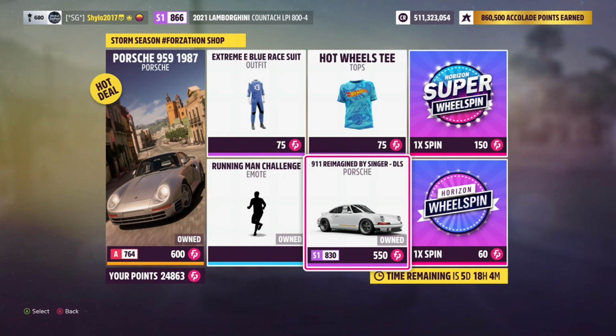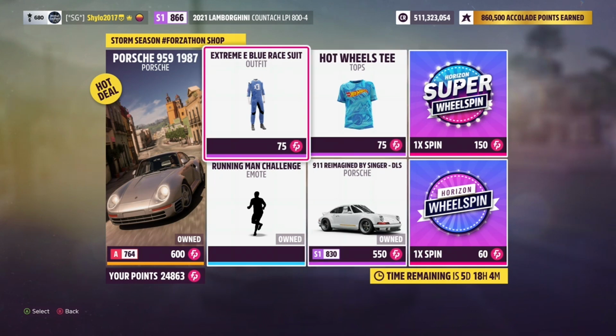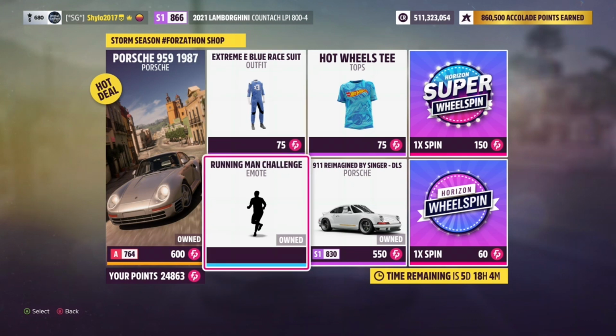Whether you purchase this here or in the auto show or in the auction house. Then we've also got the Hot Wheels t-shirt for 75 points, the Extreme E blue race suit for the same, and also for 75 Forzathon points is the Running Man emote. If you like your character to do some form of performance at the end of a race, then